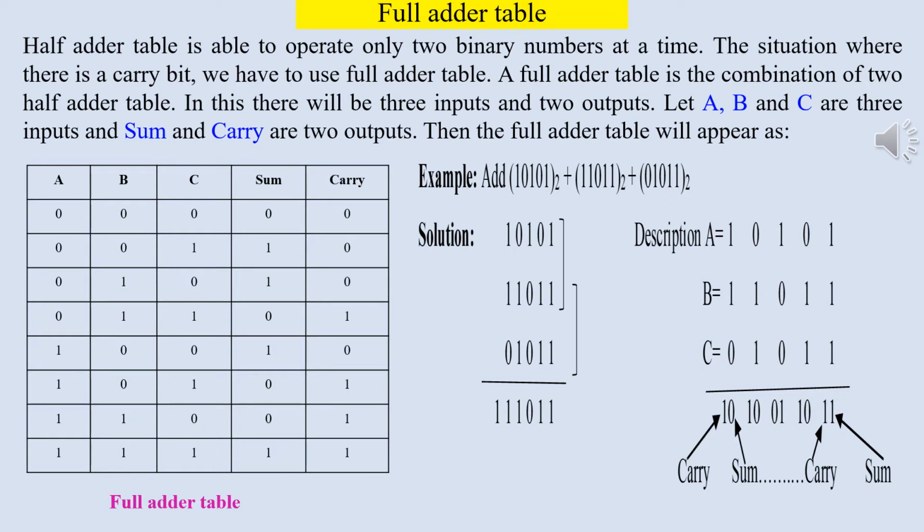Then move to the second bit, that is A equal to 0, B equal to 1 and C equal to 1. So write 0 at the sum part and 1 at the carry part. Continue the same till the most significant bit comes, that provides the final answer. The above example can also be solved by adding the first two numbers, getting the intermediate result and then adding the intermediate result with the third number to get the final answer. In this addition, the task has to be carried out twice.